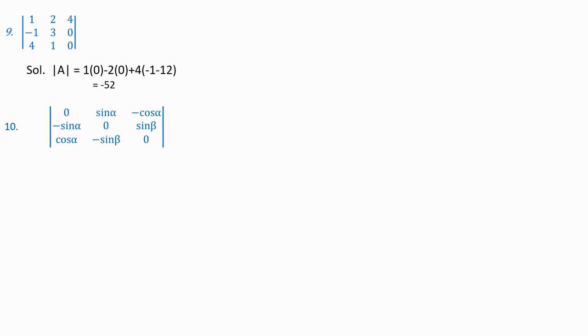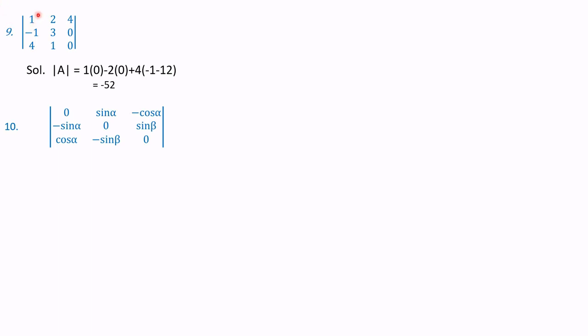Problem number 9. Given matrix is 1, 2, 4 in the first row, minus 1, 3, 0 in the second row and 4, 1, 0 in the third row. So this is a 3 by 3 determinant. So determinant of A is equal to, expanding along the first row, we get